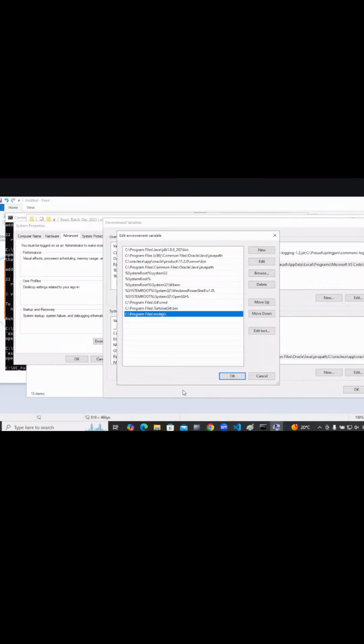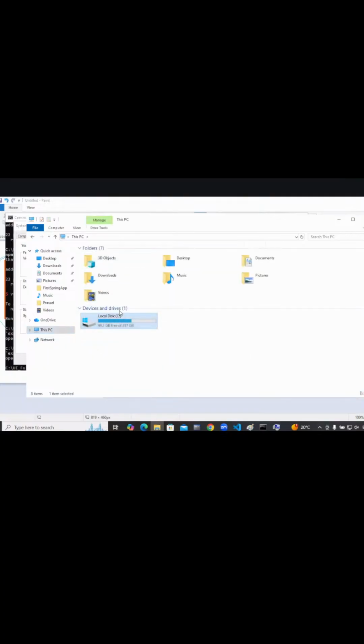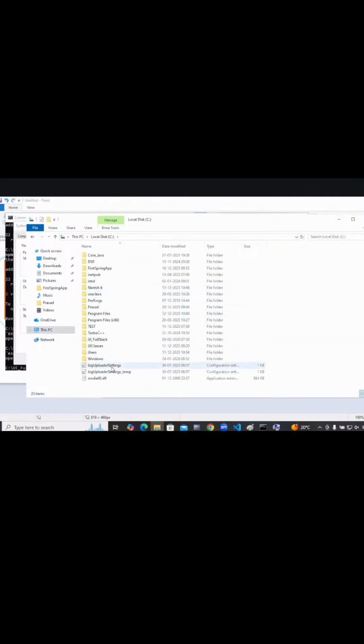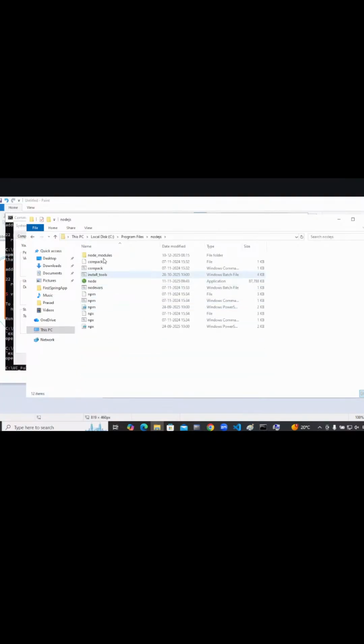Program files, Node.js, Node modules, npm.